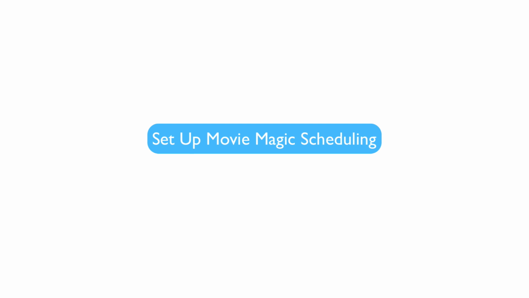And to begin, we're going to start setting up your Movie Magic Scheduling. To start with this exercise, it is important that you already have Movie Magic Scheduling installed on your computer. So the next step will be to click on the icon of Movie Magic Scheduling once, and immediately after that,